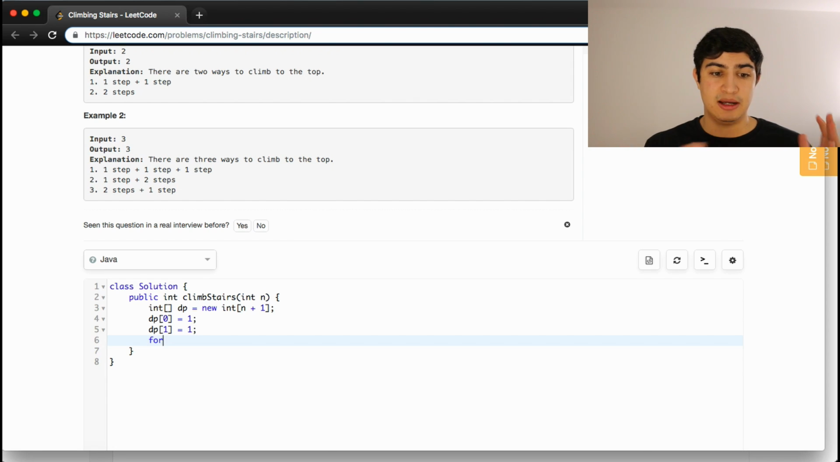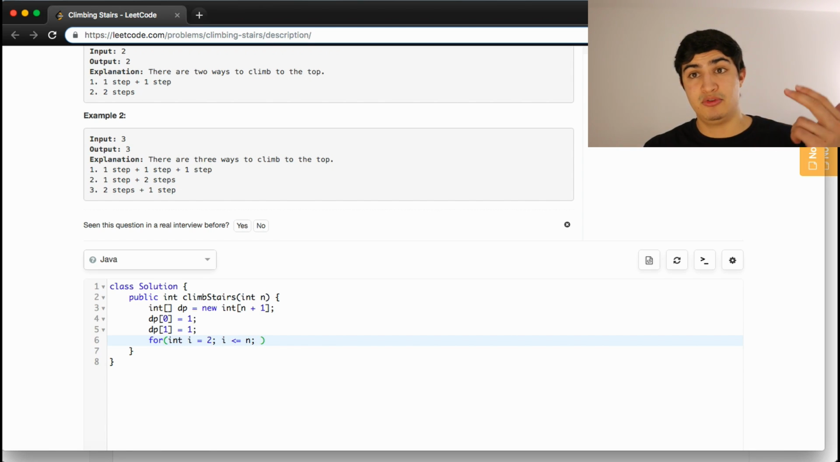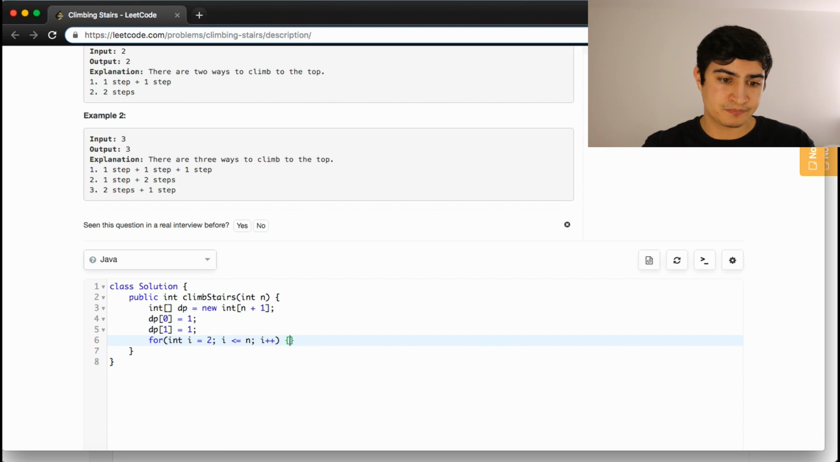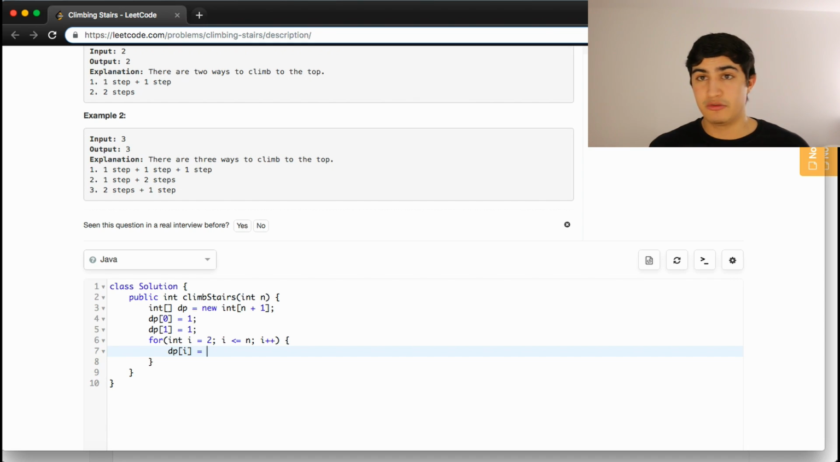So however many ways there are to climb 3 steps up until n steps, and then we just need to return it. So we'll have a loop, for int i equals 2, because we've already solved 0 and 1, while i is less than or equal to n, because we have to go up to including the nth step, i++. And now we can set dp of i equal to however we're going to solve this. We know that we can only take 2 steps at most, which means we could have only come from the previous step. If this is our step, we had to have come from the step before it or 2 steps before it. So because of that, we know that it's equal to dp of i minus 1 plus dp of i